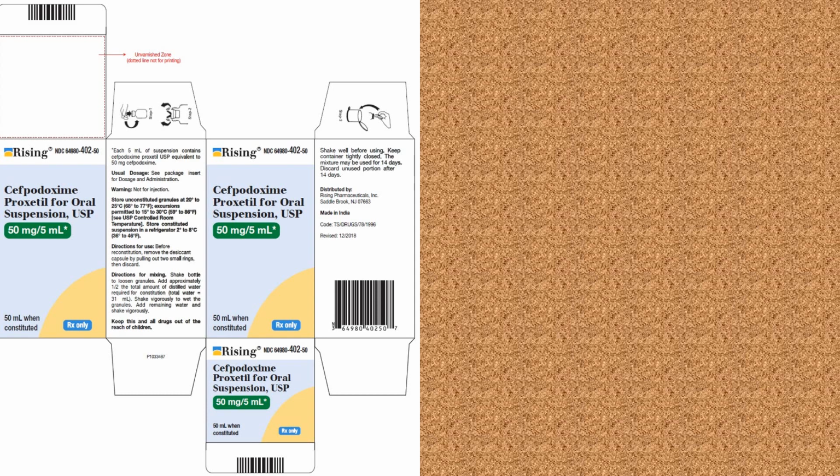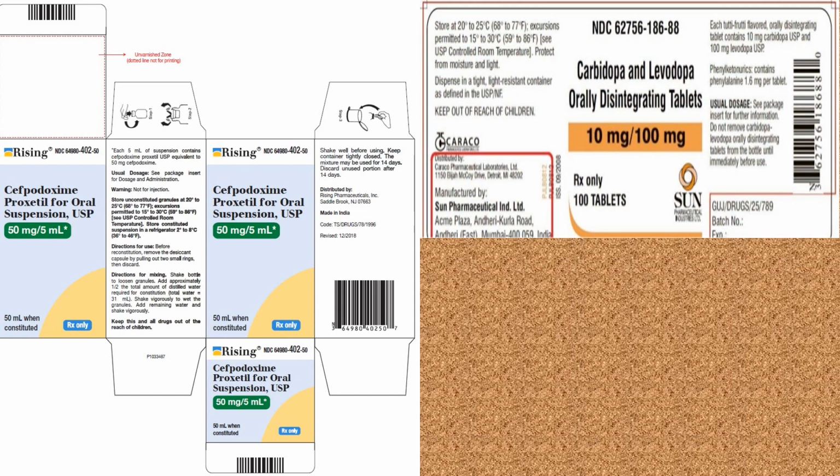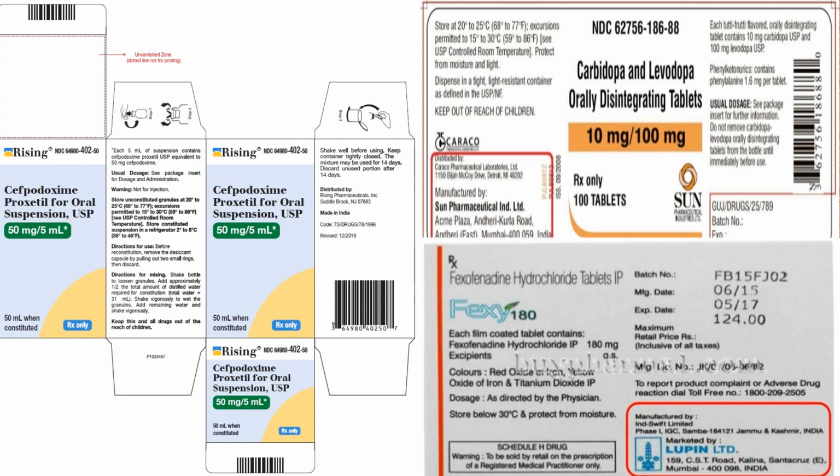Okay, and there is even a warning: it is not for injection. So these are the necessities: warning, caution, dosing schedule. Everything should be mentioned on the label. Then in the next example, we have to concentrate on the name and address of the manufacturer in the red box. Then in the last example, again there is the name and address of the manufacturer, then batch number, manufacturing date, expiry date, everything, and retail price.